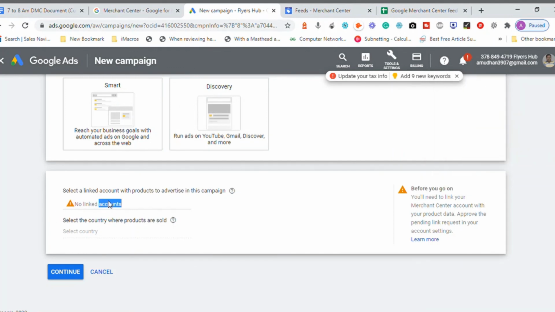Then you can proceed to create a shopping advertisement like any other advertisement campaign. Once we create this advertisement campaign and link your Google Ads account and Merchant Center, you can run a shopping advertisement. Basically you have an option to upload product information directly to the Google Merchant Center for free. But if you want to run advertisements and promote those products using a paid technique, that is when you will have to create a shopping advertisement.